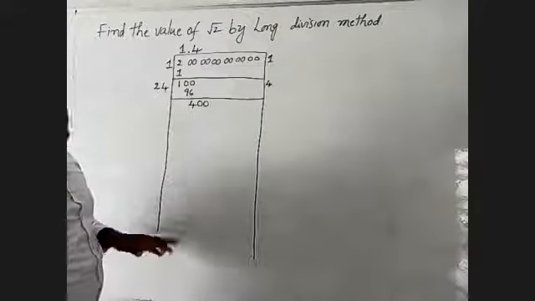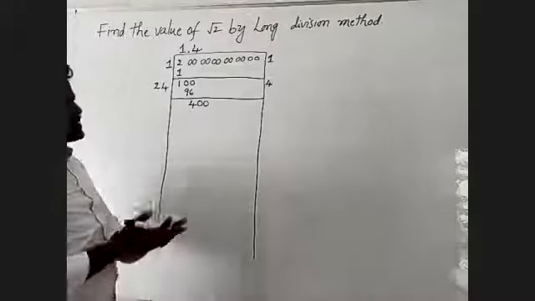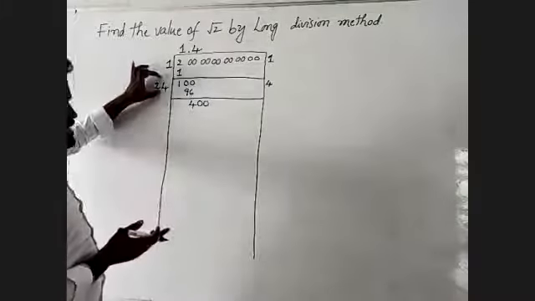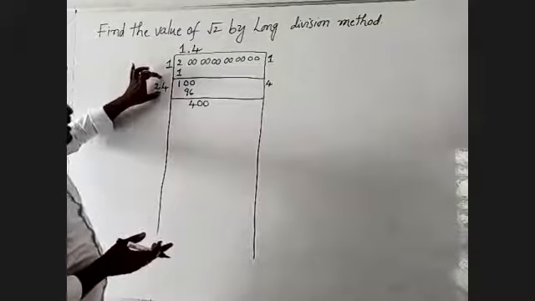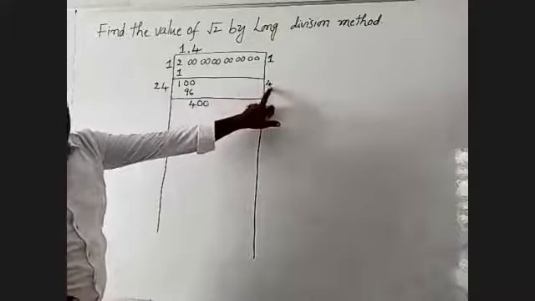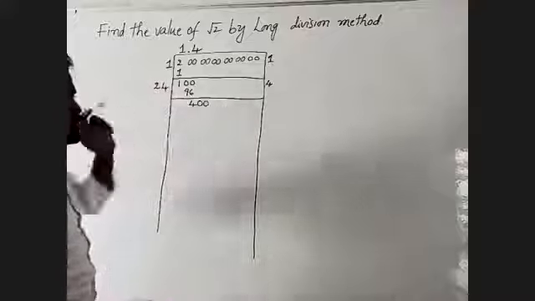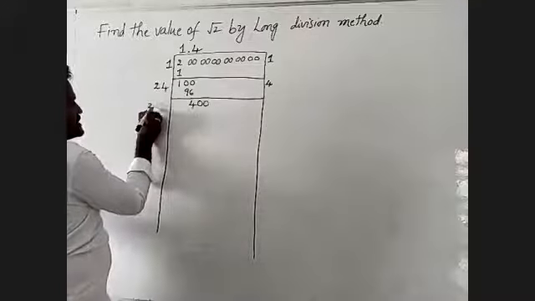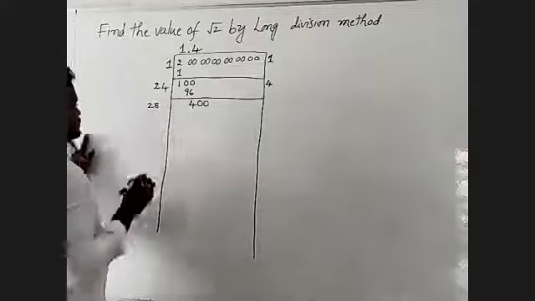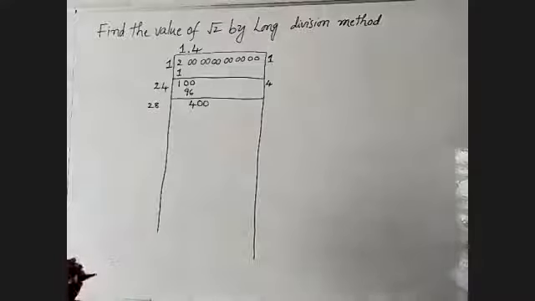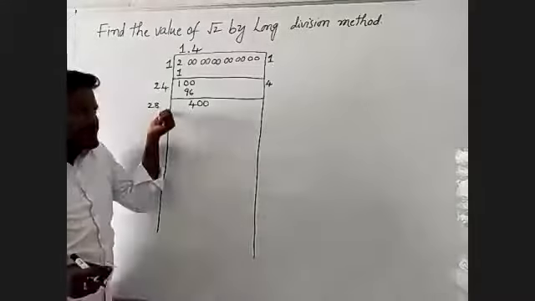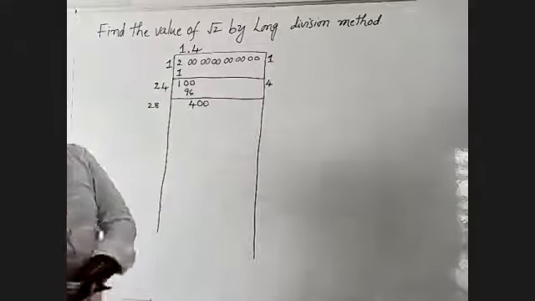Now I am going to the third step. We will observe in this one. Actually, this number is 24. Here the value is 4. We have to add both of them. 24 plus 4 becomes 28. 28. Here we have to take any number, that we have multiplied by that number only.